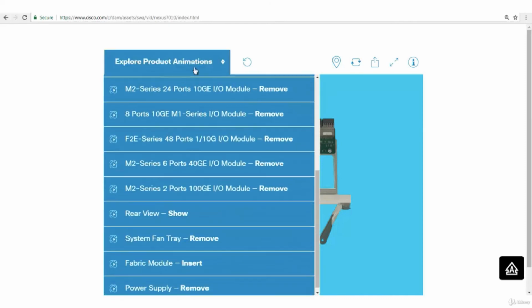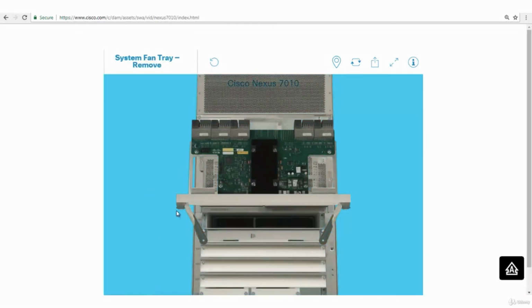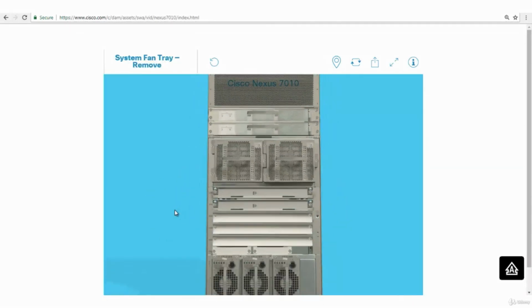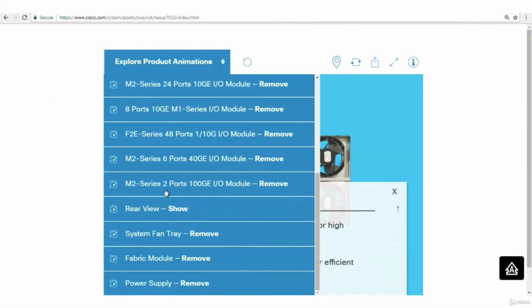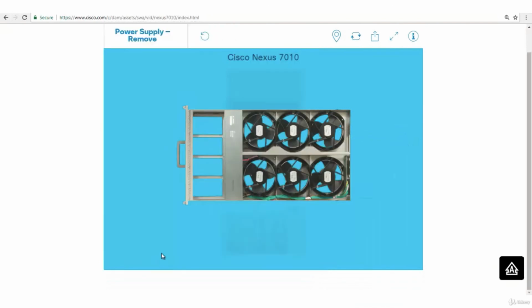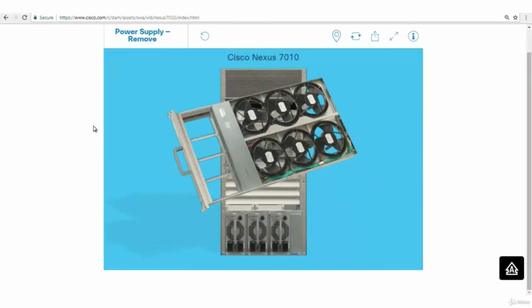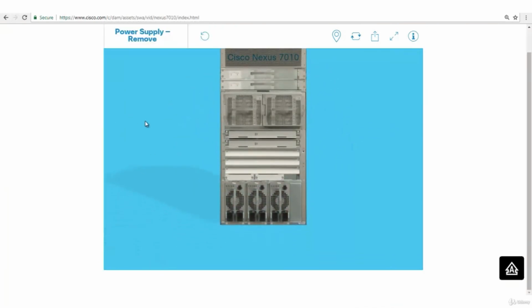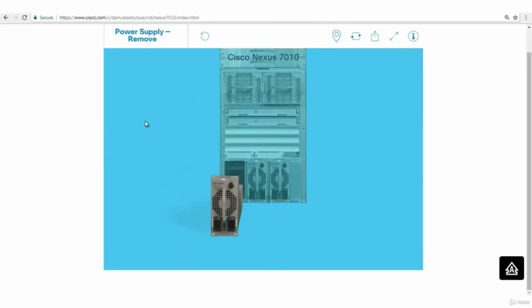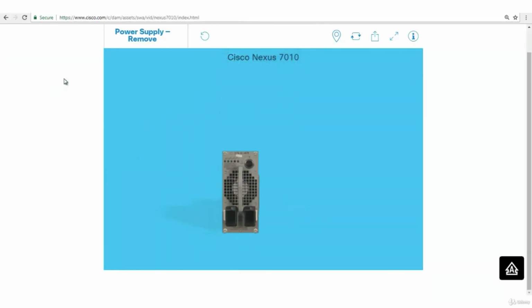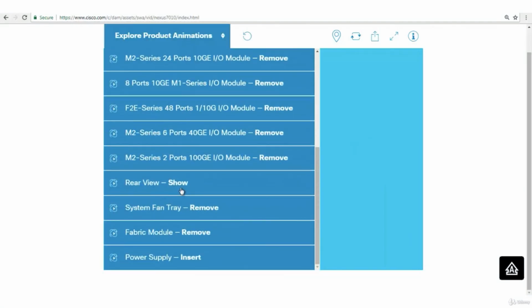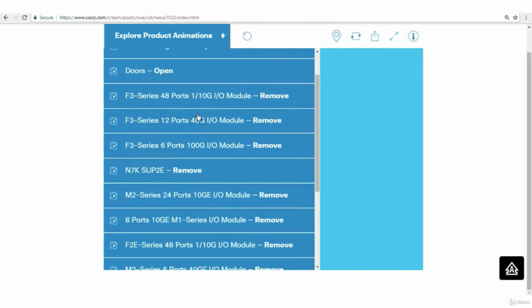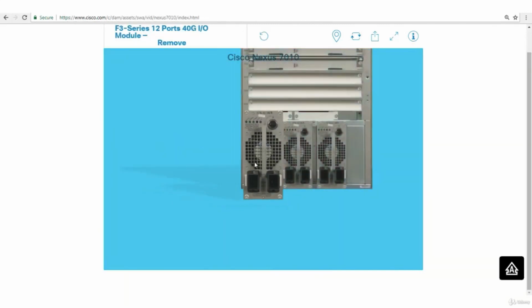If you want to see the rear view, just remove the system fan tray. This is a really big device. And remove the power supply. Whatever you want to do, you can do it. I suggest you download this app. It is very easy to download. I was about to show you one. Okay, this is the F3 module, third generation F series.